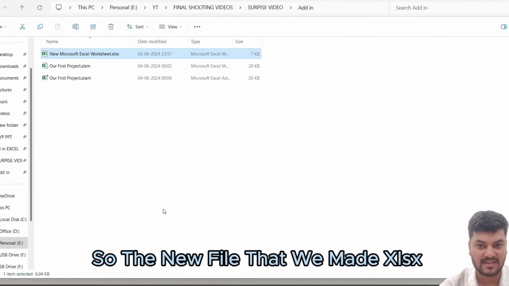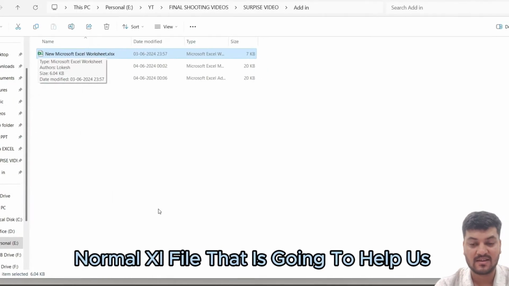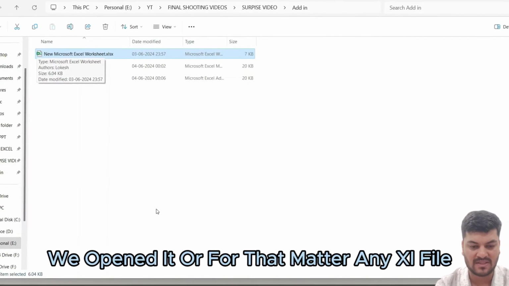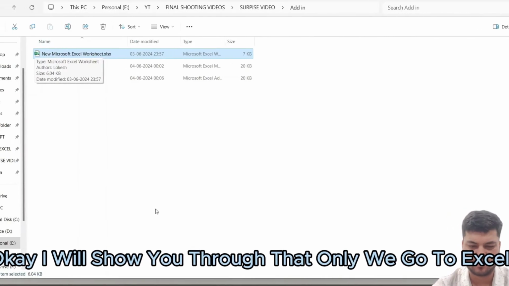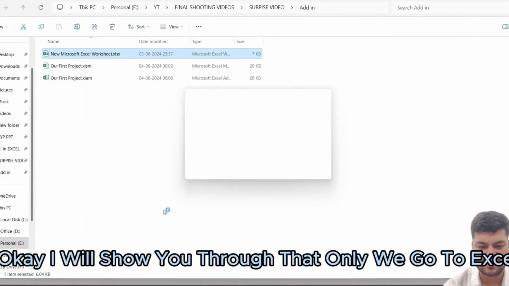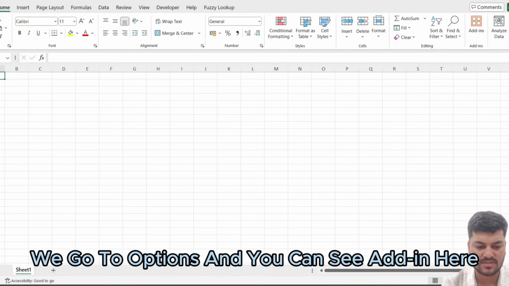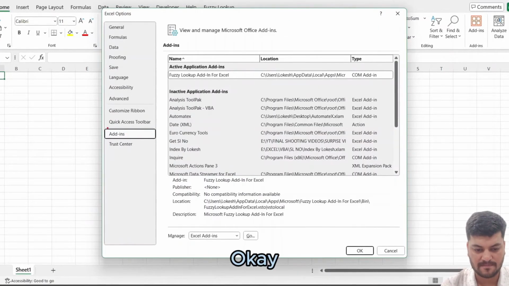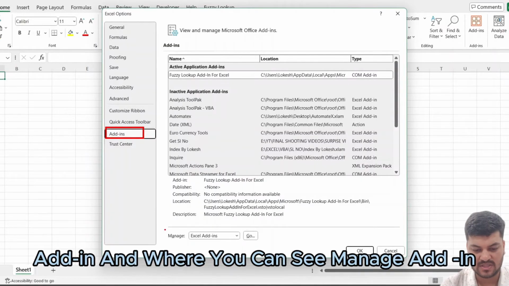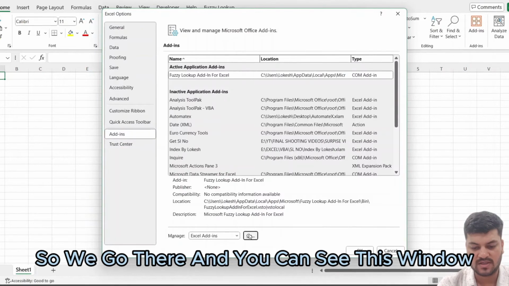So the new file that we made, XLSX, a normal Excel file, is going to help us. We open that, or for that matter any Excel file. Okay, I will show you through that only. We go to Excel and we go to File once again. We go to Options and you can see Add-ins here. Okay, Add-ins, and here you can see Manage Add-ins. So we go there